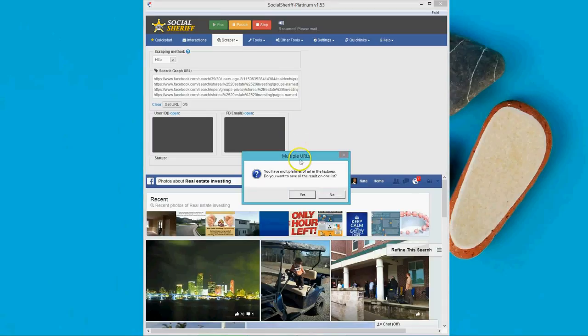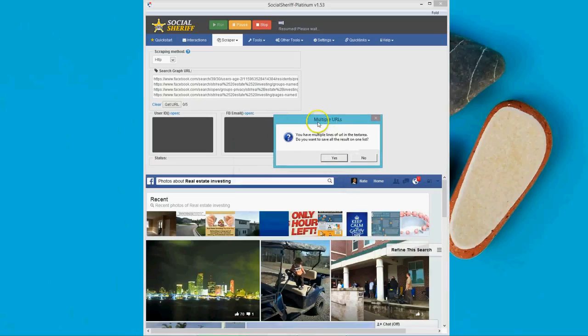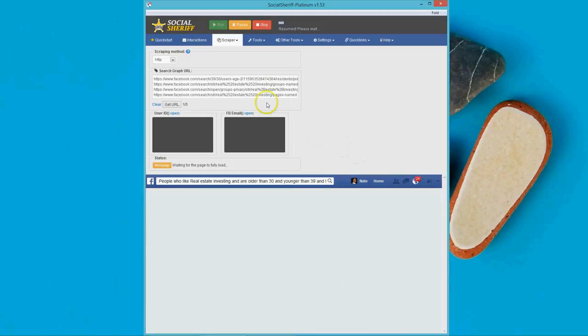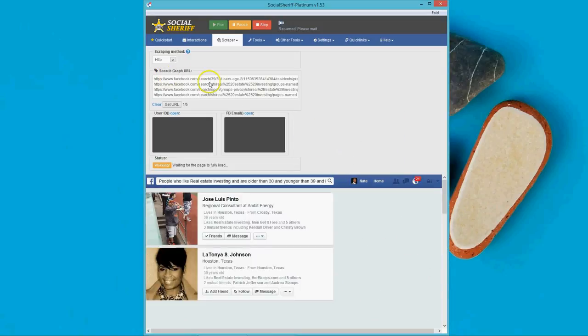And it's going to ask us, it says, you have multiple lines of URLs in the text area. Do you want to save the results on one list? Well, because we are looking for people, groups, pages and photos, we're going to want to do separate lists. So in this case, we're going to say no. But if we were only finding people, we might want to say yes, we might want to say no. It doesn't matter because you can combine them later. So we're going to say no,